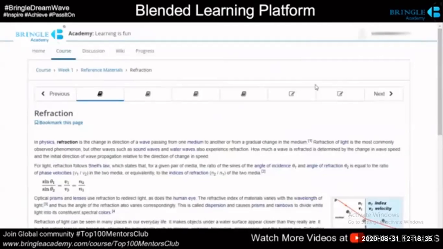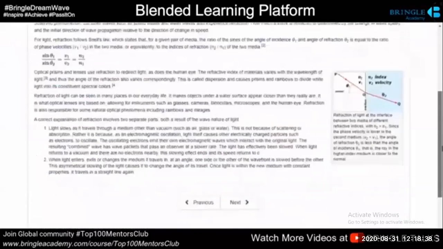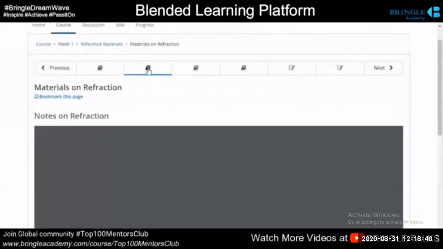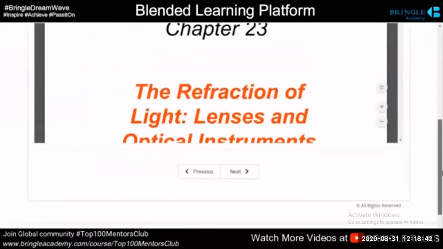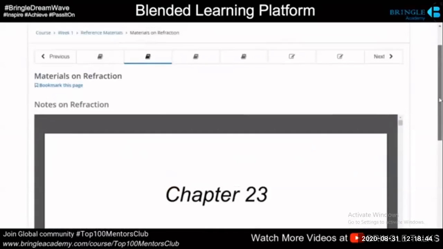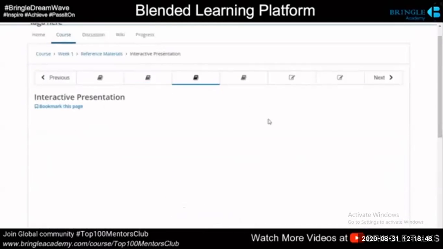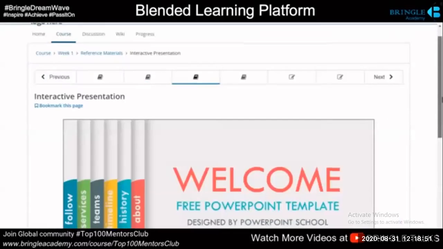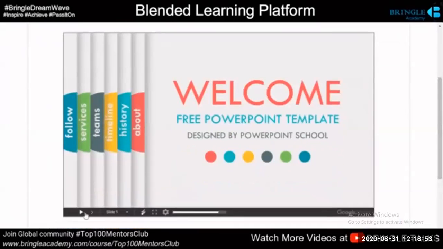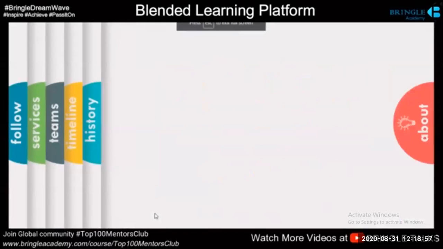Now, let's talk about reference materials. Reference materials can be from Wikipedia, as you're seeing here, or it can be lecture notes like you have in PDF, as you're seeing here, or it can even be an interactive presentation with animations that are embedded. Let's say you're having lecture notes.